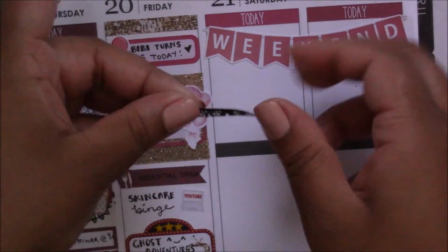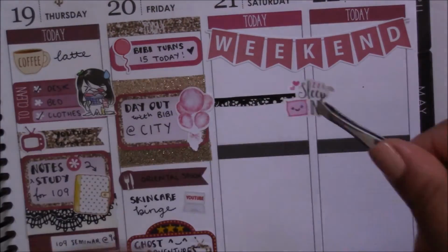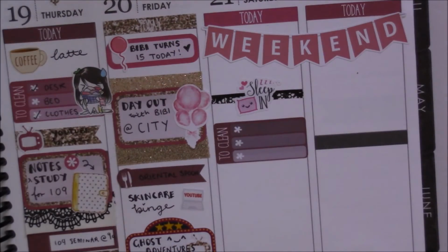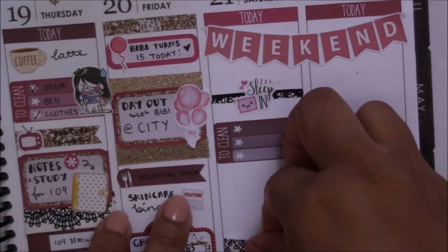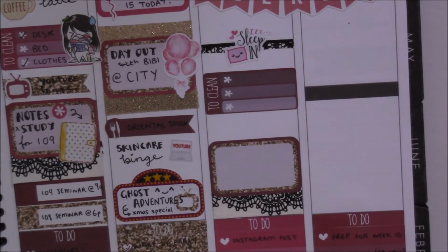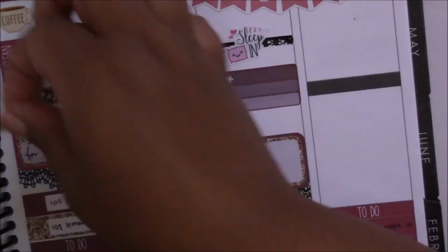Now onto Saturday, I took one of the lace washi strips and just cut off the top bit, and I'm putting down another sleep-in sticker as well. And then underneath I am putting down a to clean checklist as well with another cleaning tabby, but like I said, I ended up getting sick, so whatever I am putting down right now I actually didn't end up doing,